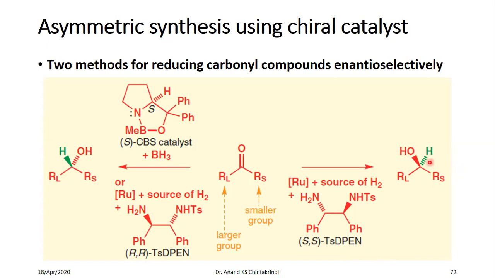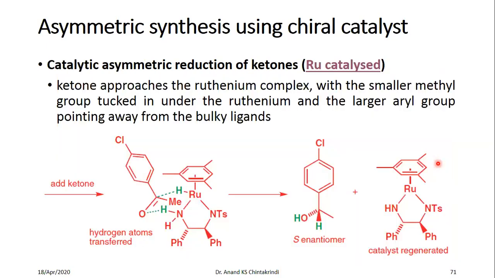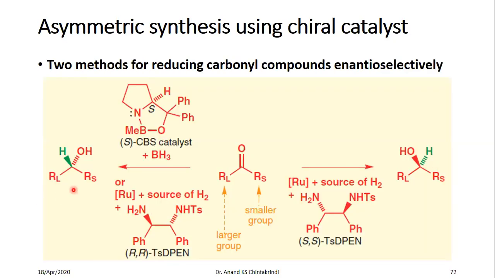What would this be? You are having hydrogen away from you. This is one, the larger alkyl group. I'm assuming this is second priority, and this is third priority. 1, 2, 3. This is the S enantiomer, which was the exact enantiomer you got in the earlier case. And this is the R enantiomer because you are having 1, 2, 3 anti-clockwise, but the hydrogen is away from you, so this is the R enantiomer.